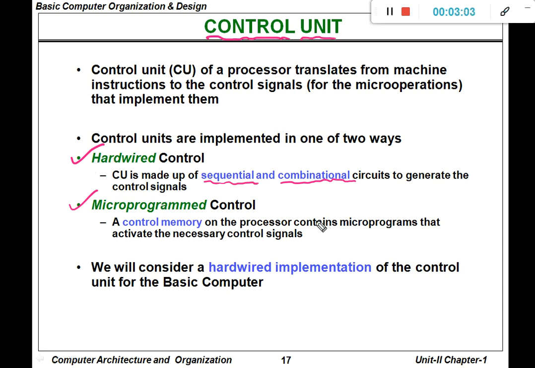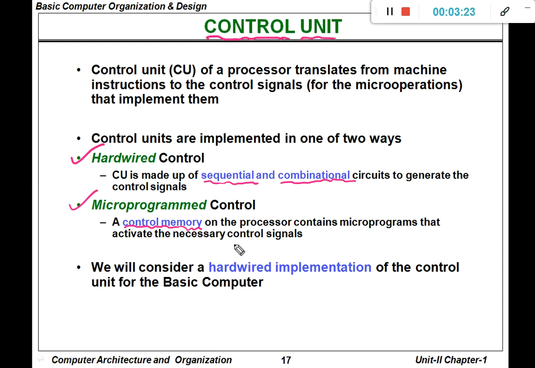The second option is we can have a control program, which is stored in control memory, based on which the control mechanism will be carried out using the control signals.